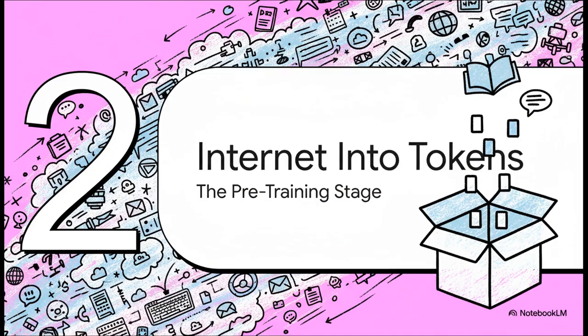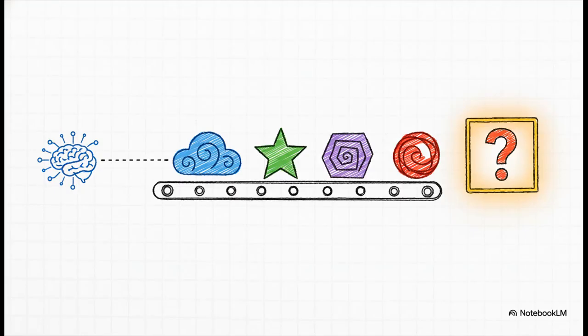So we have our 44 terabytes of clean internet text. And now it's all been converted into this massive sequence of about 15 trillion tokens. So, what do we do with it? Well, this is where the real training begins. You know, for all the talk about complexity and AI consciousness, the goal of this first massive stage of training, it's called pre-training, is almost laughably simple.